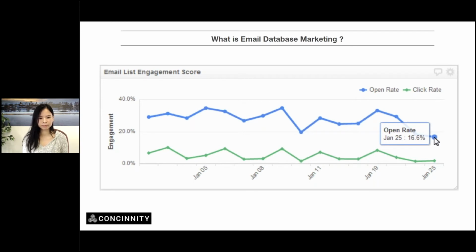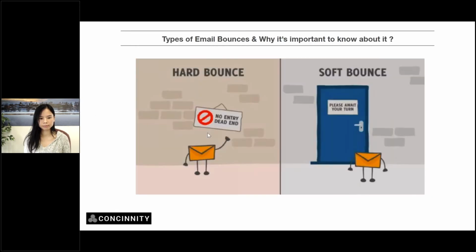Your click-through rate is the number of people that actually click in the email. Now, obviously, the whole idea of sending email is that you want to promote something, information, service, product, or get people on your website to read the blogs, whatever that is, correct? That call to action on that email is called click-through rate, or the click rate. So these are the two most important ones. Apart from that, there are other ones like hard and soft bounce.